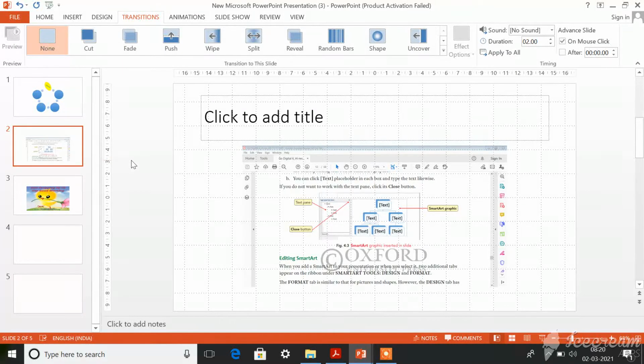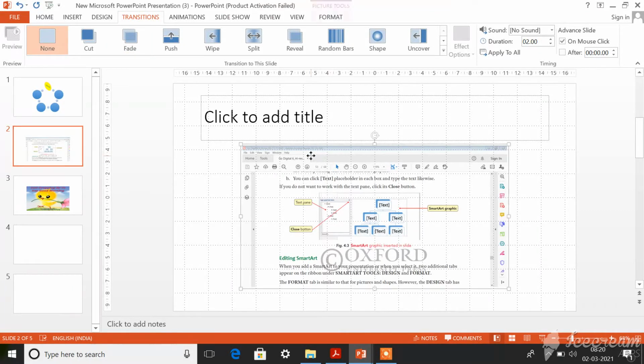When you show a slideshow, it will give a pleasant look to your presentation and make the viewers more attracted towards your slideshow. That is why transitions are used.